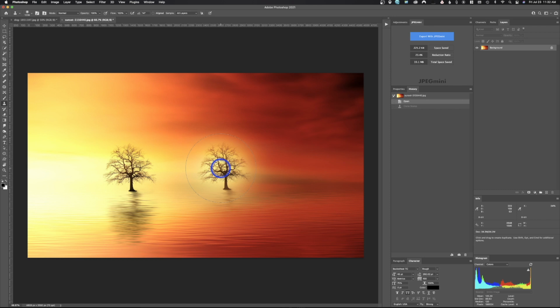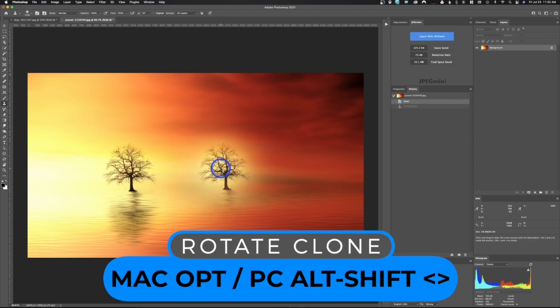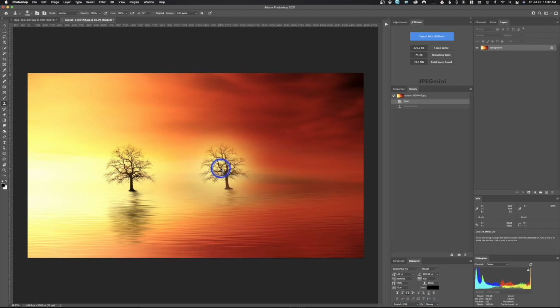So the first one is going to be how to rotate using the keyboard. And this is really simple. All you're going to do is hold down your Option Shift or your Alt Shift, depending on whether you're a Mac or a PC. So Option Shift Mac, Alt Shift PC. And then you're going to take the greater than, less than arrow keys. If you push it to the right, it's going to rotate the image to the right. If you hit to the left, it's going to rotate that image to the left. And you can see that we are just slowly rotating to the left or to the right using those arrow